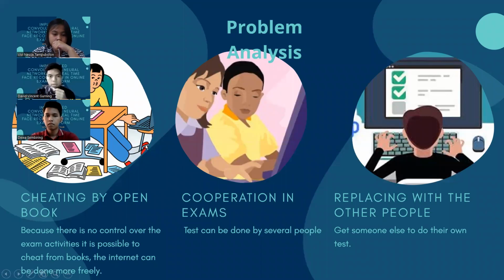Now, what are the problems when examinees do their exam online? First, cheating by open book. Because there's no control over the exam activities, it is possible to cheat from books, and the internet can be used more freely. Second, cooperation in exams, so the test can be done by several people. And third, replacing with other people, so getting someone else to do their test. And for the next